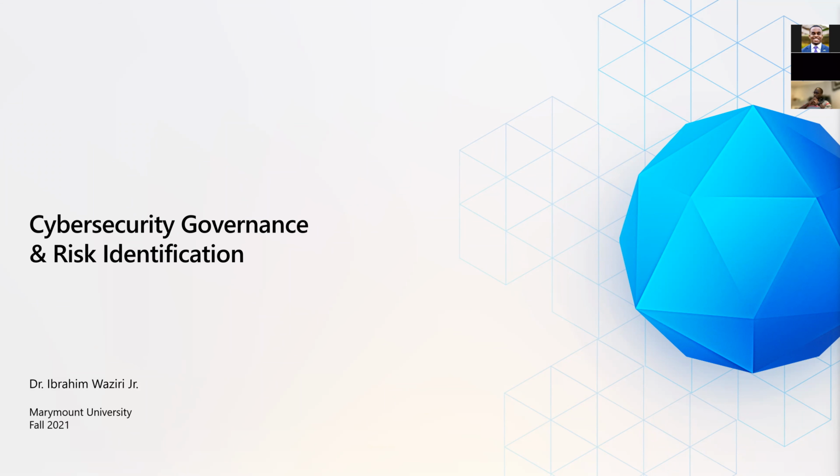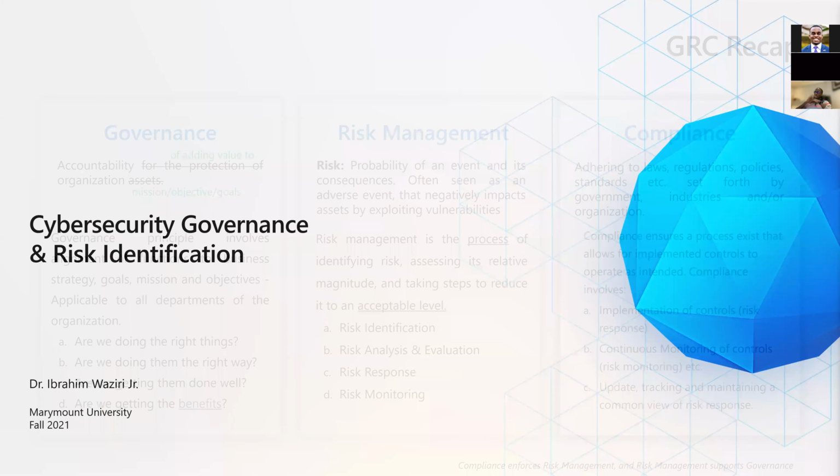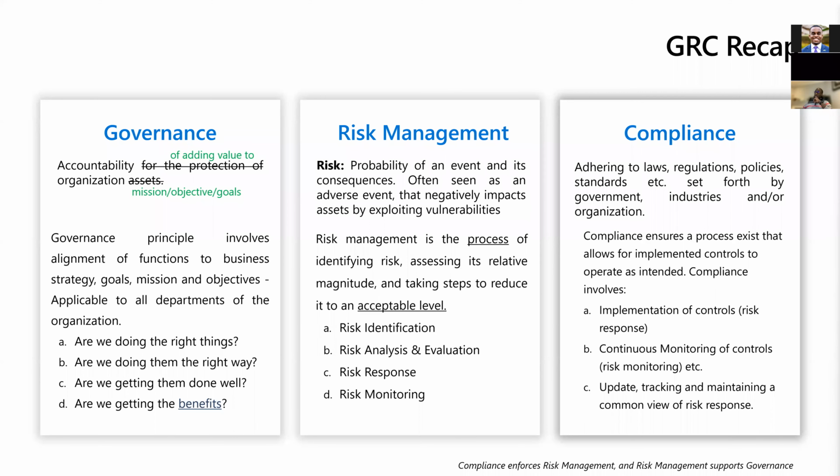So today's class, because the new book restructured things a little bit, but it's basically the same content as I keep saying. They changed the title to governance and risk identification. So we're just going to call it that, but it's basically going to focus on how do we identify risk. So a high level recap from the first class, as I mentioned, we touched upon what is governance as